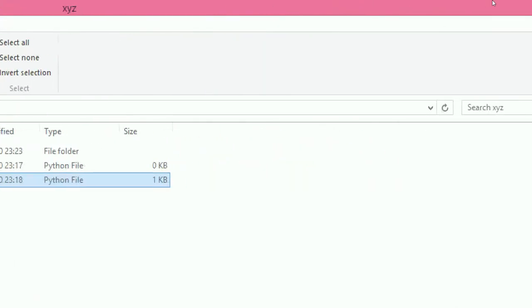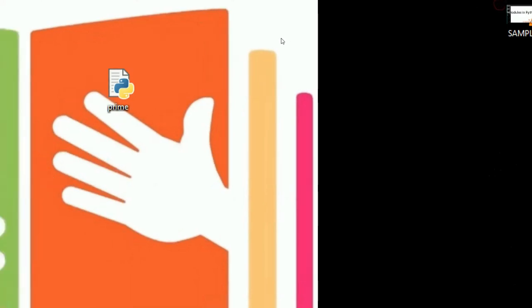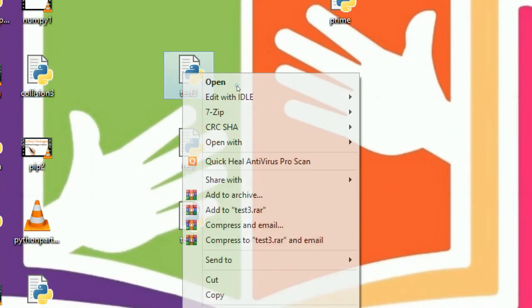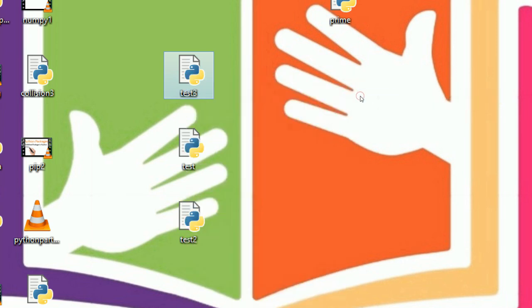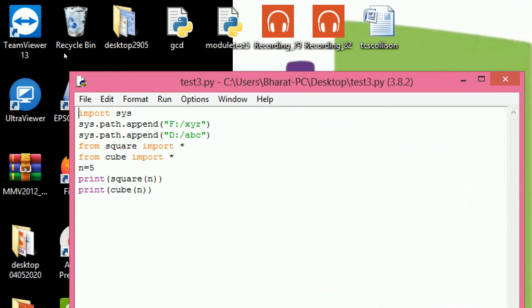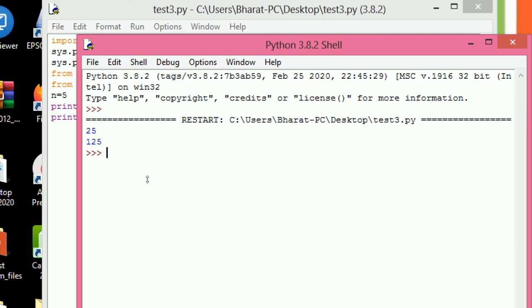Now I can access this from another location. So for example, this is a desktop. So this is the function. One package in F drive, another package in ABC. Square in D drive, cube in F drive. Now I can execute this program. So in this way you can create user defined packages and use them in your Python programs.